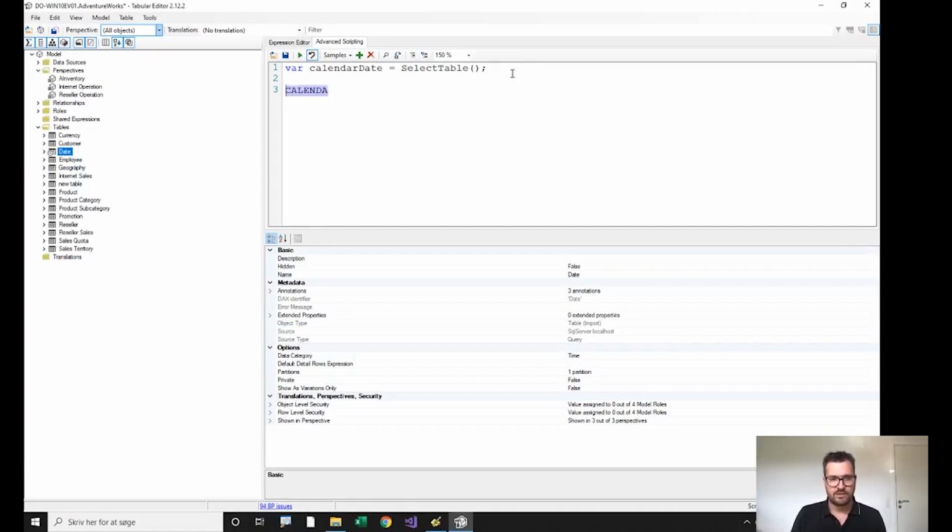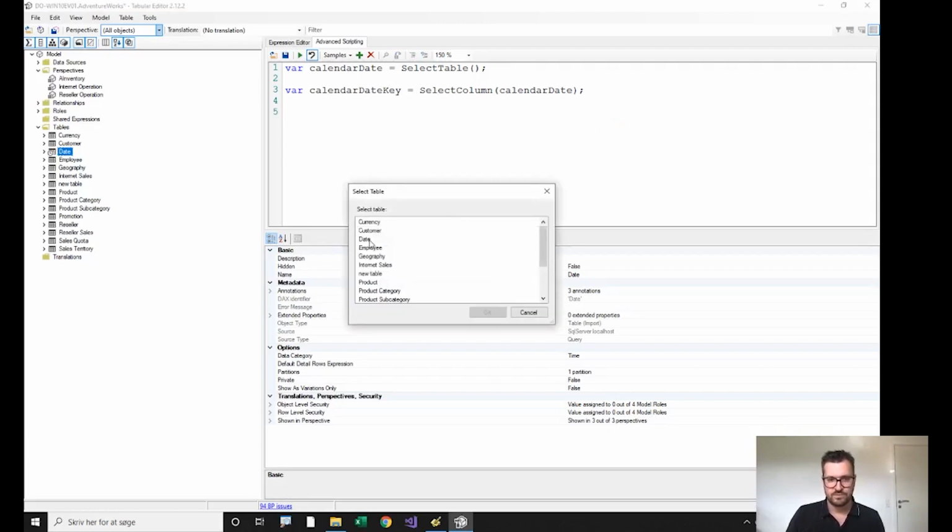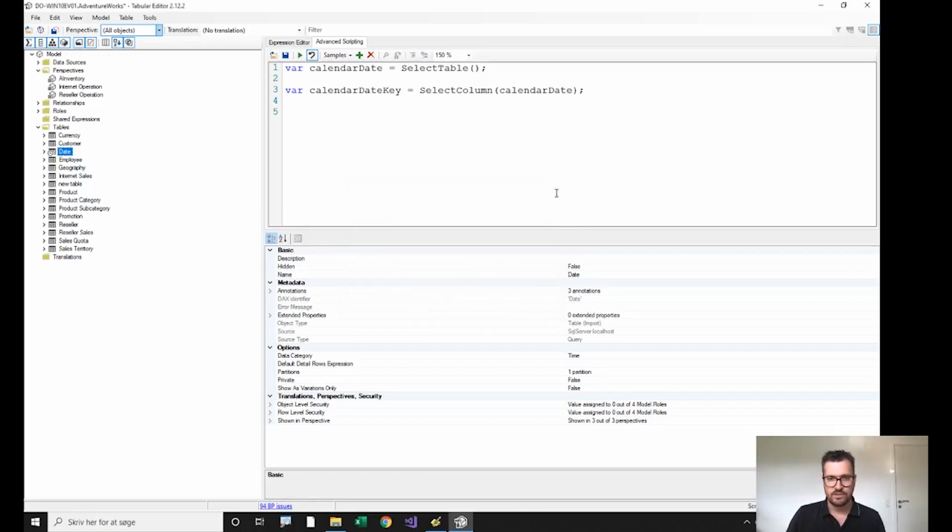So once we have the calendar date table, we can make a call to select column, and then we specify calendar date as a parameter because we just want the user to specify a column on the calendar date table. So let's call this calendar date key, and then basically when we run this, first we decide which table we need, and then we get a list of all the columns in this table. So date key in this case, and just for fun, let's do something like evaluate DAX values. And then since calendar date key represents a column, we can get